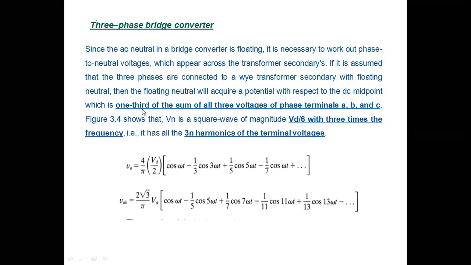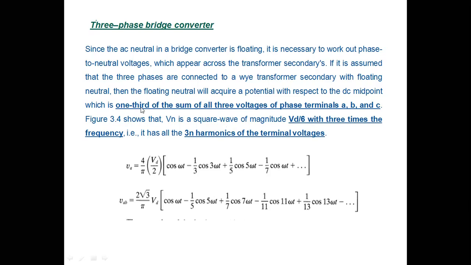You can see that the theory part is given here. For further analysis, please go through the textbook. So here we are calculating the neutral point, the floating point on the right side, because that is connected to a delta or star on the next side, that is the transformer secondary, whether it is star delta star or star star, whatever it may be, you will have the neutral voltage, and if you calculate it, that is equal to 1/6.